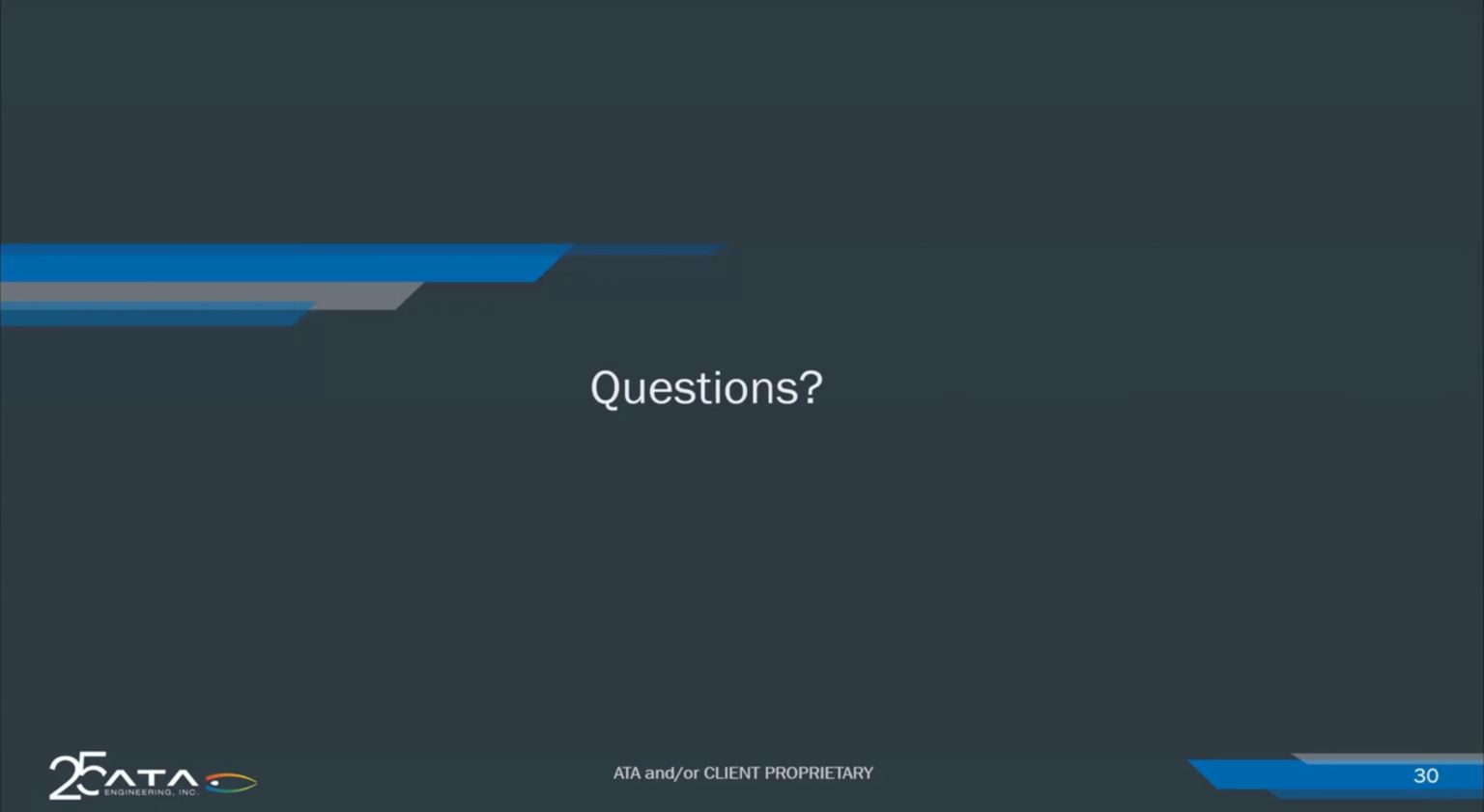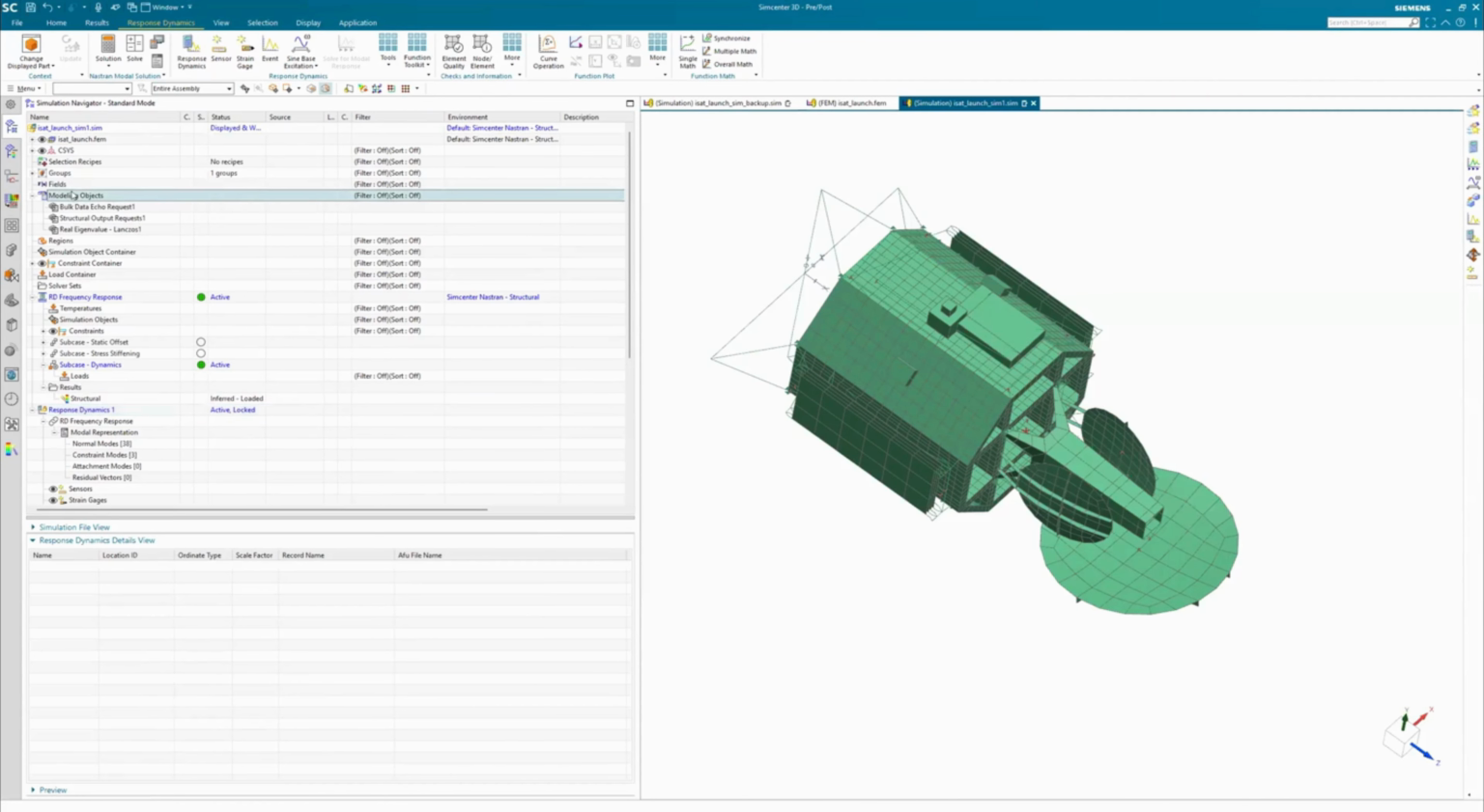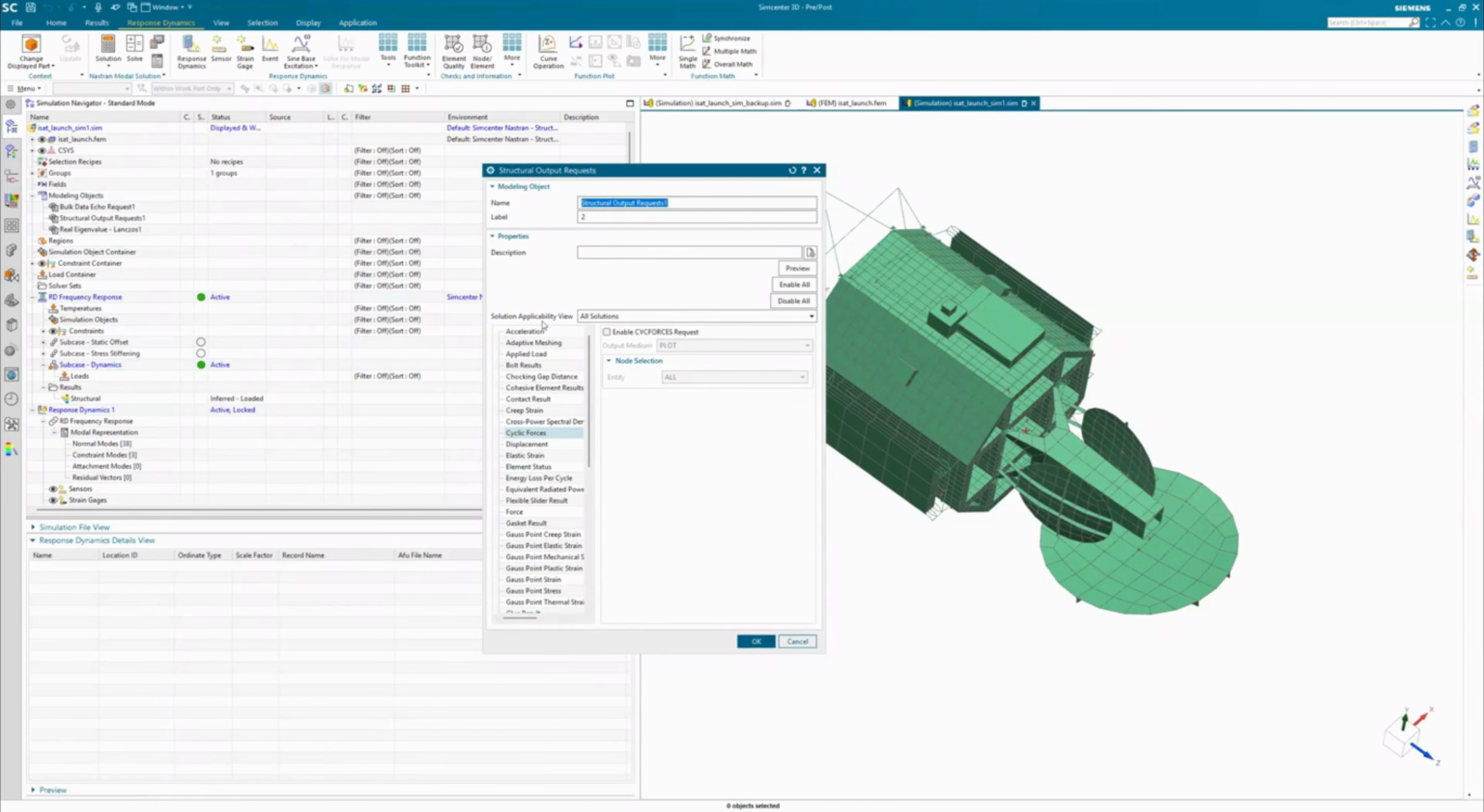For sine or random base excitation analysis, which outputs should we request in the output request section of a solution 103 response dynamic solution? Yeah, so you're going to need to define all of the output requests you want to have available within response dynamics. You have to request that within the solution 103 run. So when you are setting up within this modeling objects collector, you'll need to have whatever data you need in response dynamics. You need to request that in the solution 103 run,